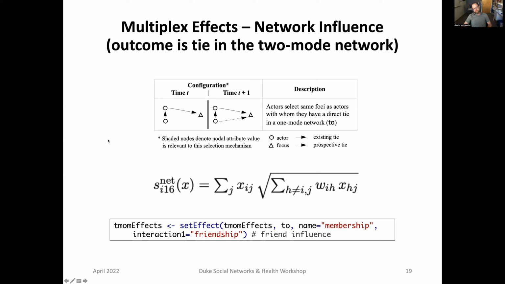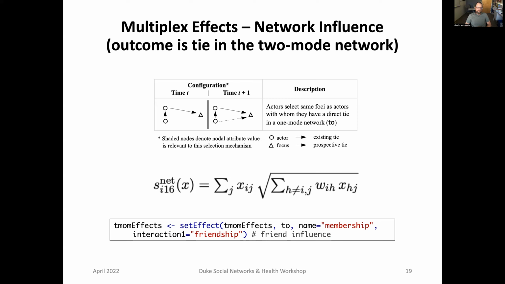I should mention, in a paper I'll be talking about later, we were interested in this effect, but we had a network that we wanted to use to predict this kind of influence, but we did not want it to be endogenous. We did not want it to co-evolve. We wanted to treat it as a static, exogenous network. And to do that, we ended up bringing that one mode network in as an endogenous network, but using the trick that Snijders and Steglich did in their simulation paper,